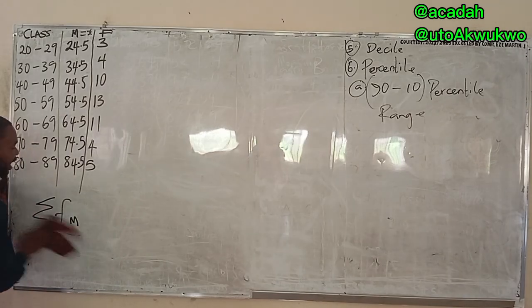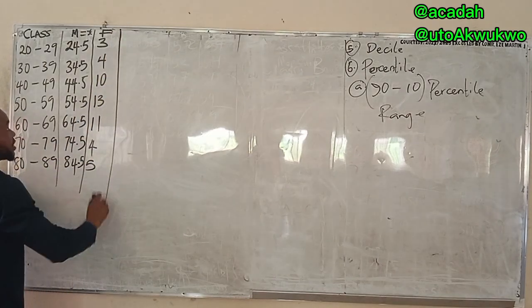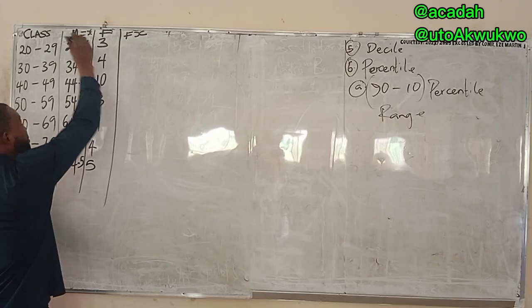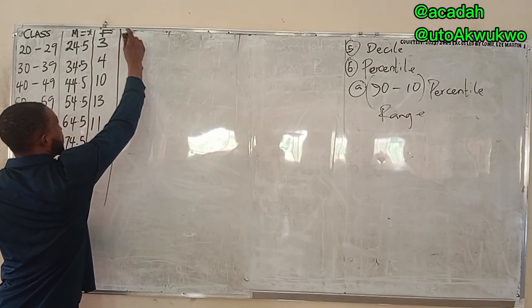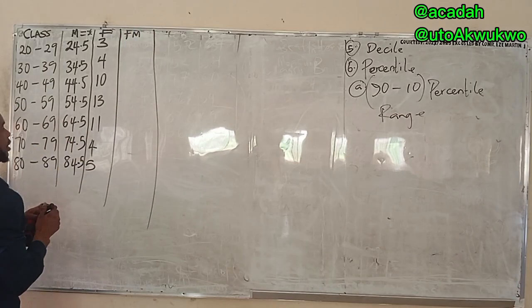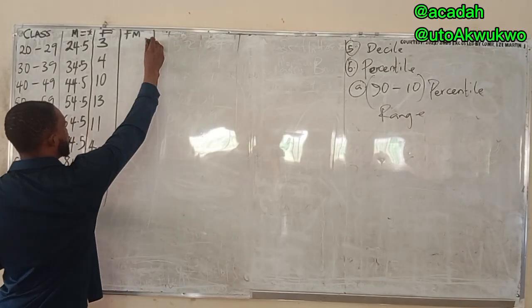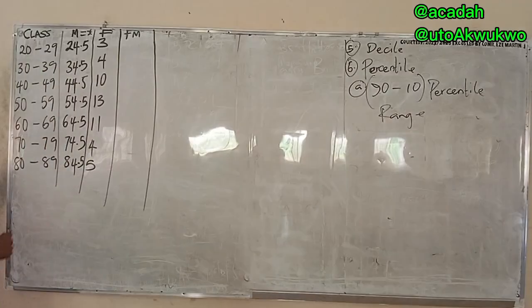So if I've noted that, I can now come and say, at this point, you now have Fx, or you say, since I'm using grouped data, I'll not use Fx, I'll use Fm. If you want to use Mx, no problem, but just remember the reason why you are doing what you're doing. Now come and do 3 times this, here in your calculator. What do you have?